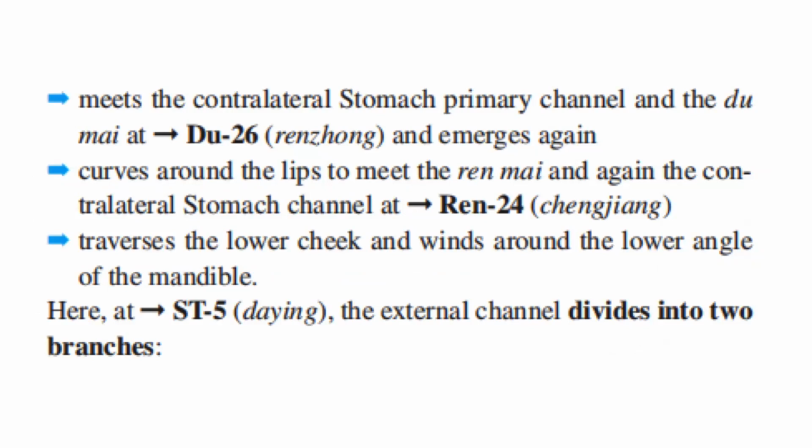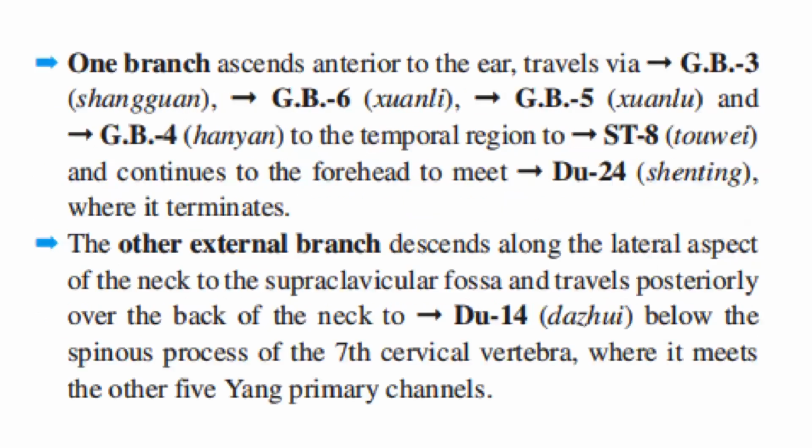Curves around the lips to meet the Renmai and again the contralateral stomach channel at Ren 24. Traverses the lower cheek and winds around the lower angle of the mandible. Here at Stomach 5, the external channel divides into 2 branches. One branch ascends anterior to the ear, travels via Gallbladder 3, Gallbladder 6, Gallbladder 5, and Gallbladder 4 to the